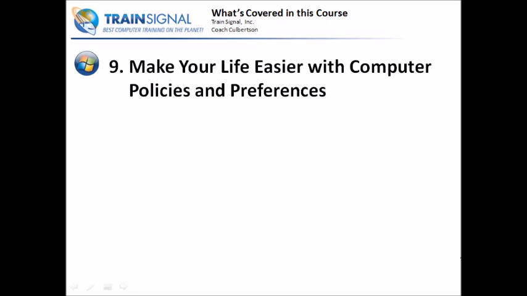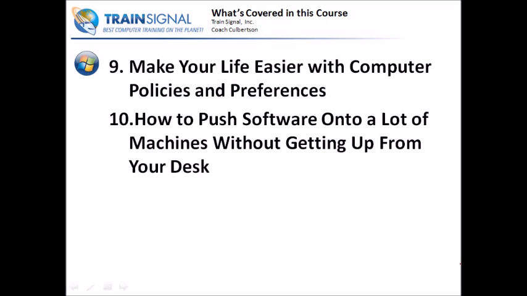Then I'm going to show you how to make your life easier with computer policies and preferences. There are some new cool tools in Server 2008 that are going to help you do a lot of stuff that we've always wished we could do with group policy, but is just now possible with some new extensions. Then I'm going to show you how to push software onto a lot of machines without ever getting up